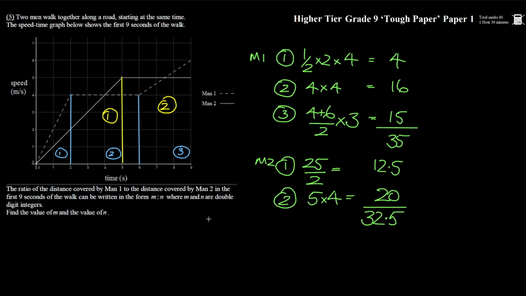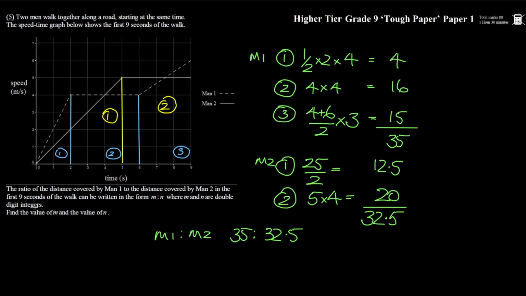32.5. The question asks us for the ratio of M1 to M2, the distance they both travel, and we've got an answer of 35 to 32.5. We're not going to get full marks for that because we've not complied with their requirement that m and